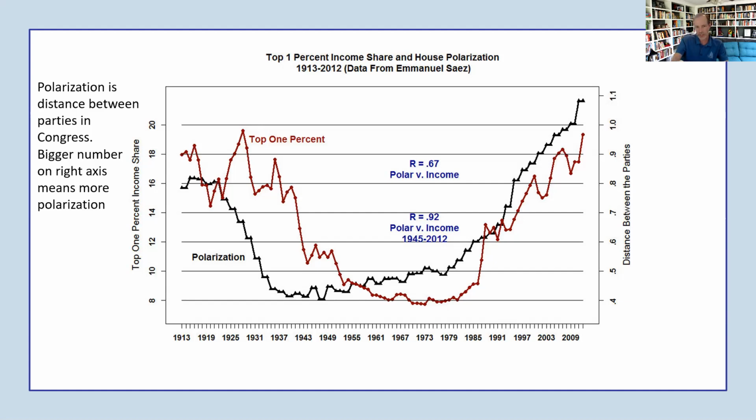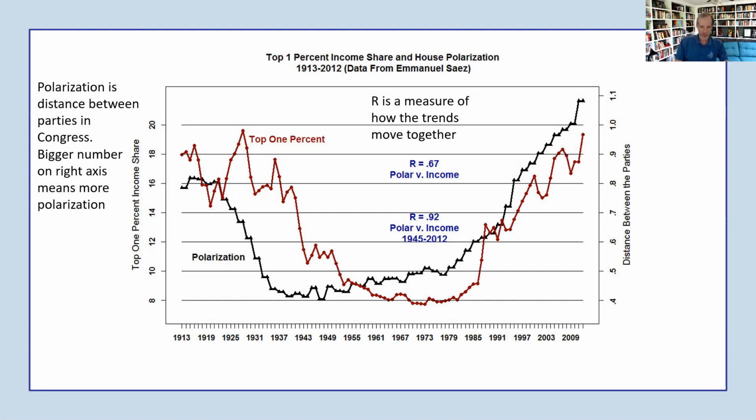The other two numbers here, these R numbers, it's just a statistical measure of how much these two trends are moving together. So if R is bigger, the trends match better. Across the whole time frame, the measure of correlation is 0.67. This number ranges from 0 to 1, so it moves pretty well together.